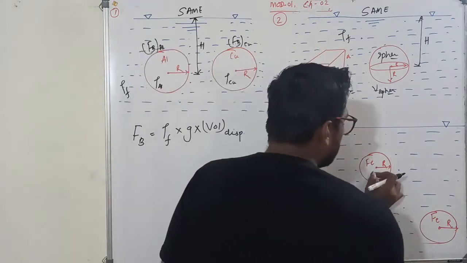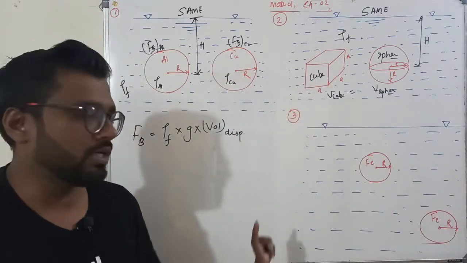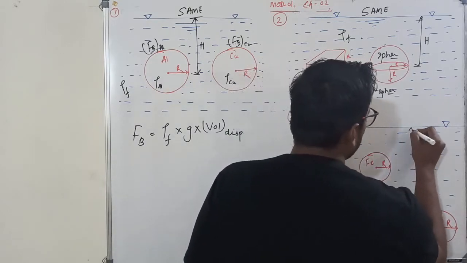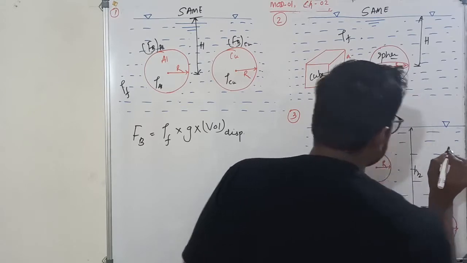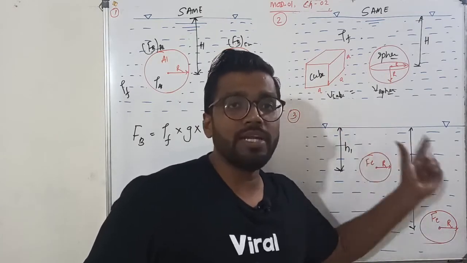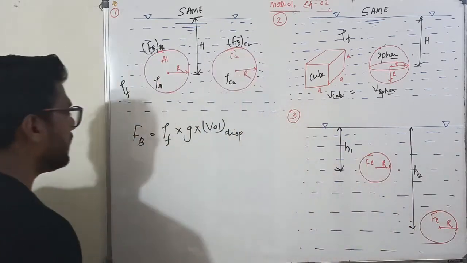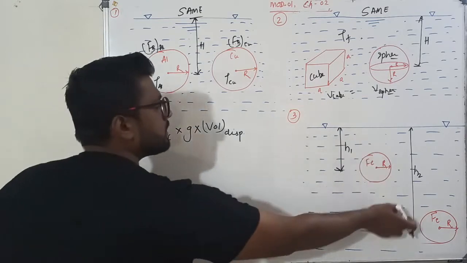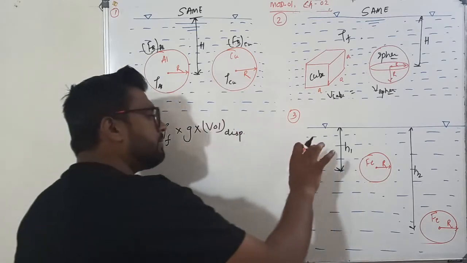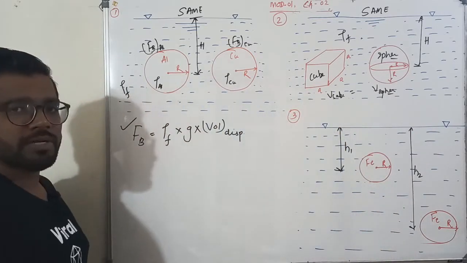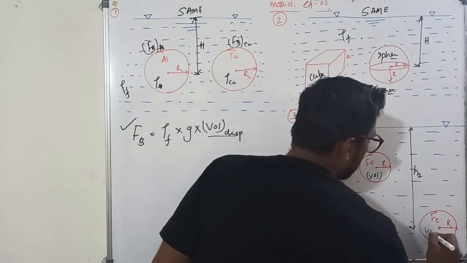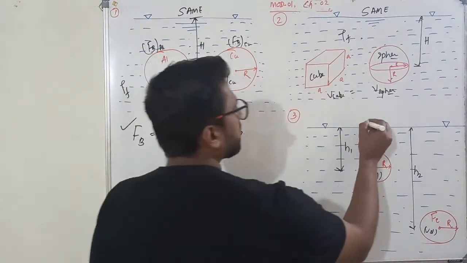Now we have the third case. Here we have the same material, iron only. The first sphere is at a distance of h1 from the free surface and the second one is at a depth of h2 from the free surface. Same material, same volume, only the depth changes. So what happens to buoyancy? Is your force of buoyancy dependent upon the depth? Is there any h1, h2 you are finding here? No. The force of buoyancy is independent of the depth from the free surface where your material is, as long as the volumes are the same. Here also this volume and that volume are the same, so the force of buoyancy is again going to be the same.